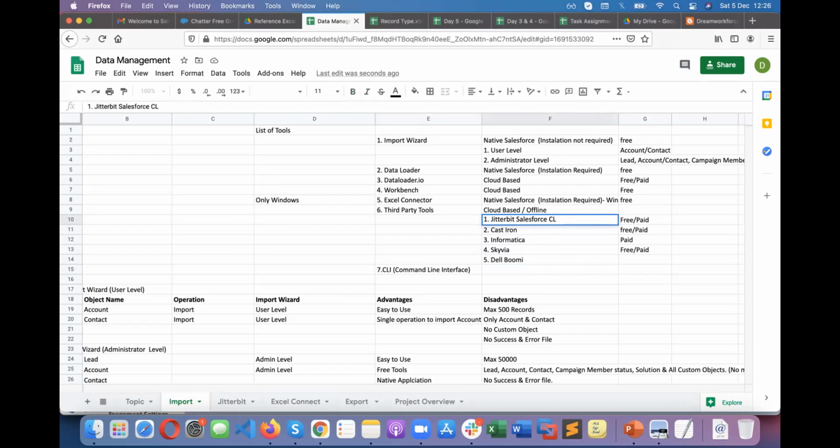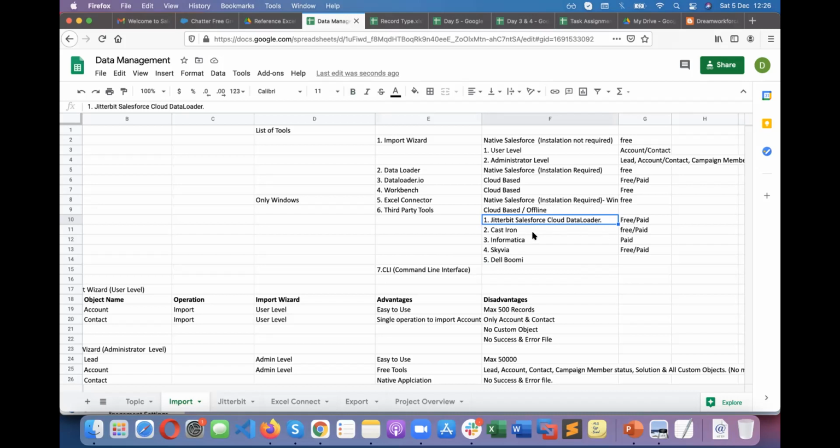Cloud data loader. There are two versions available. Jitterbit Studio is different, which is the highest version, the paid version. That is $1,000 per user per month, because they give you a lot of features within that. But we are going to use the free version. The free version itself is fair enough, and there is no limit on it. There are a lot of features in the free version of Jitterbit itself. I'm going to give you training on the free version of Jitterbit only.